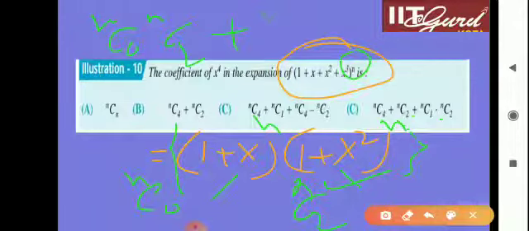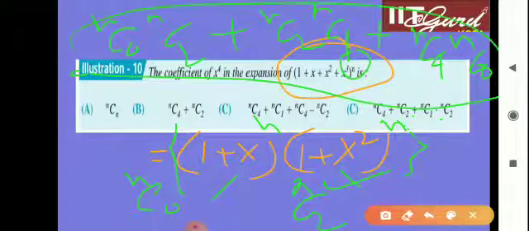So in that situation it will become nC2 into nC1, correct? And here once again, consider the coefficient of x to the power 4 in the first term, that is (1 + x)^n, and in the other term you have to consider the coefficient of x to the power 0. So simply write nC4 into nC0, that is the answer. So the final answer is nC1 into nC2 plus nC4, because nC0 will become 1. So this term is your final answer.